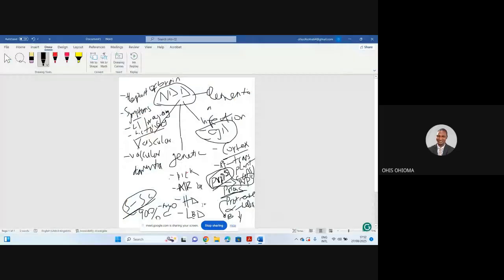Yeah, so we'll go to the vascular dementia. I want to attend to the genetic last because it's longer. So vascular dementia basically is found in patients that have other comorbid conditions such as DM, hypertension, smoking, and the likes, right? Now, there's another thing you need to know about vascular dementia, right?